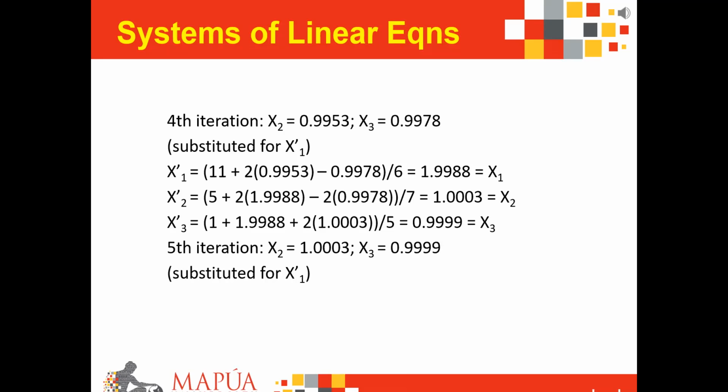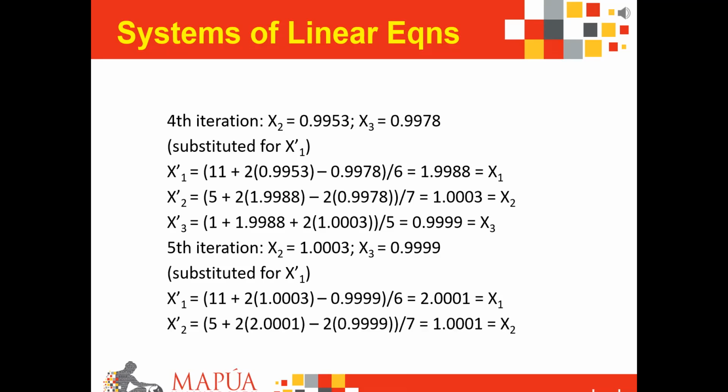Thus, we substitute the last two computed values of our variables from the fourth iteration to the first variable on our fifth iteration, thus giving us a new x1 solution to be equivalent to this with a value of 2.0001. And then we introduce this new value of x1 and the previous value of x3 of 0.9999 to your iterative x2, giving us a solution like this with an x2 value of